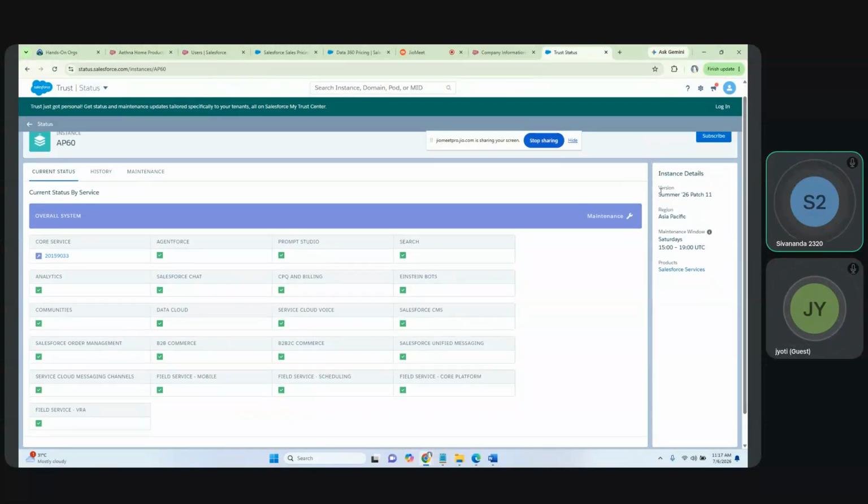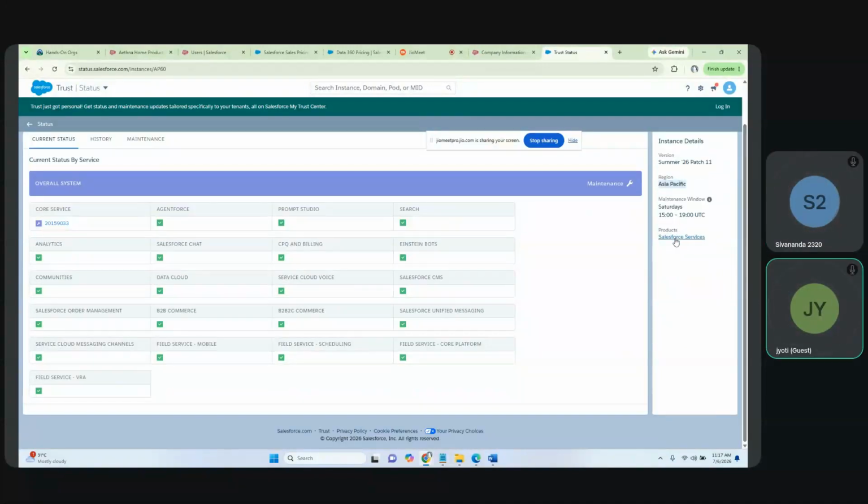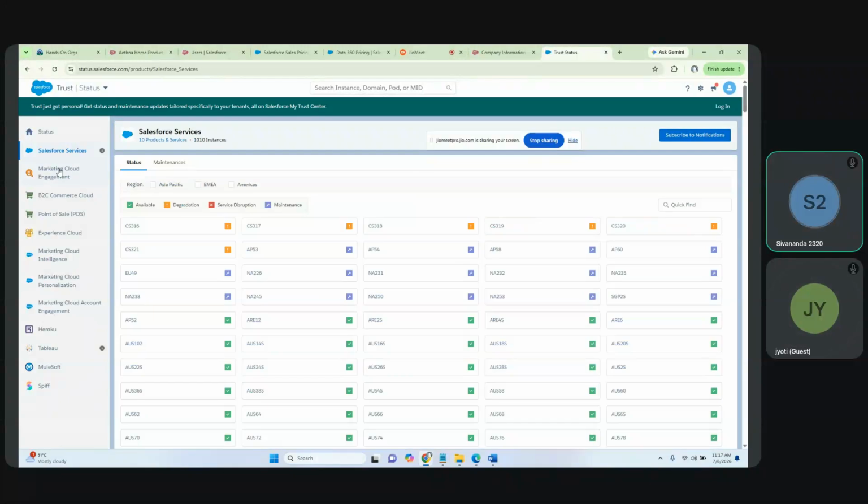What is the current version of this org? Currently this instance is on the Salesforce, sorry, Summer '26 patch level. That's the version it is currently running. See, Asia Pacific region. Clear, right? Yes. And if you see what the Salesforce services are, you can see, for example,